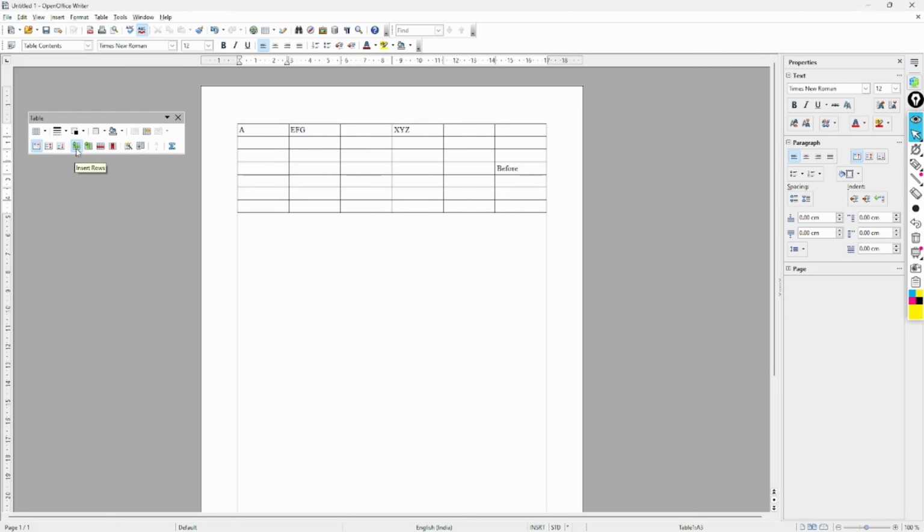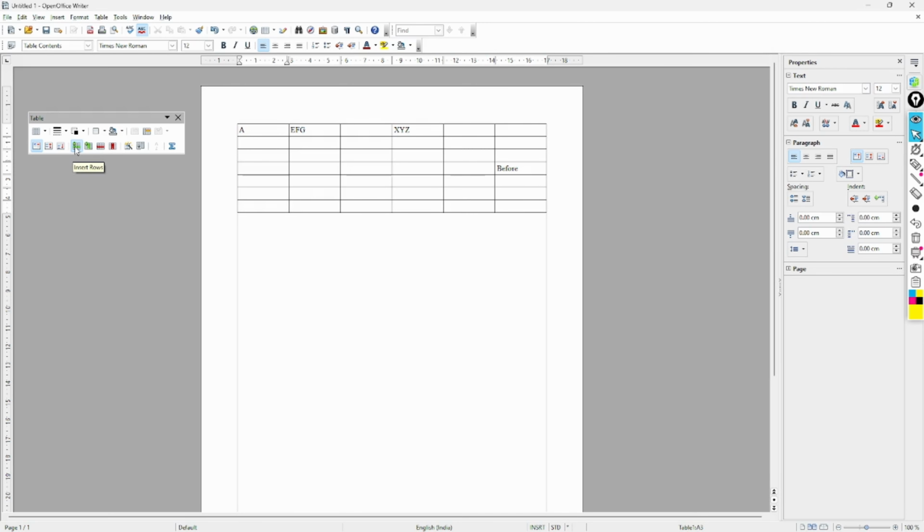Here you can see when I am hovering the mouse, the name of that particular option or function is displayed for a particular time only. After that it will disappear. Now see, insert column, but after two or three seconds it will disappear. So don't try to remember everything; you need to learn the main, fundamental or useful shortcuts.